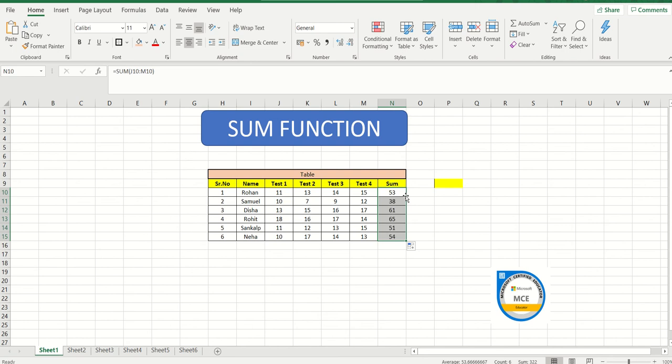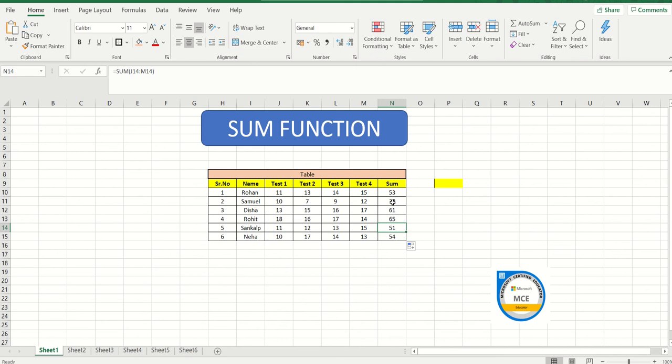Okay, double click it. The moment you double click it, it will automatically calculate the sum for the remaining entries altogether. So you don't have to calculate the sum yourself. You can see that when I click on this cell, this is the formula that has been applied, SUM J10 to M10, and for the remaining entries it is J11 till M11. So this formula bar is what you can use to cross check whether the formula which has been applied is correct or not.